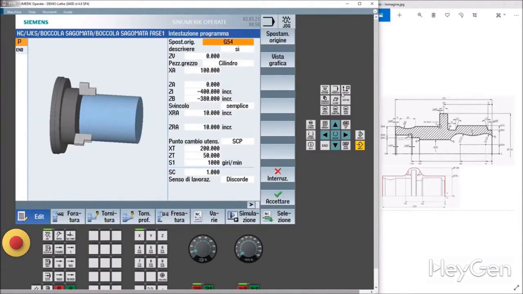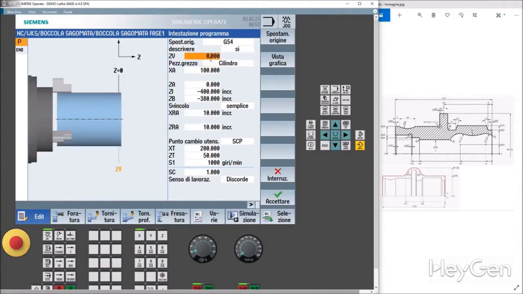define our raw piece. Here, pay attention, this shaped bushing, as you can see from the drawing, is made from a rough casting, from a stamped piece. Okay, the first definition of the raw material should not be that of a stamped piece, but of a cylindrical raw material, rather than a tube, a parallelepiped or a polygon, with the maximum dimensions for machining, so length and outer diameter.